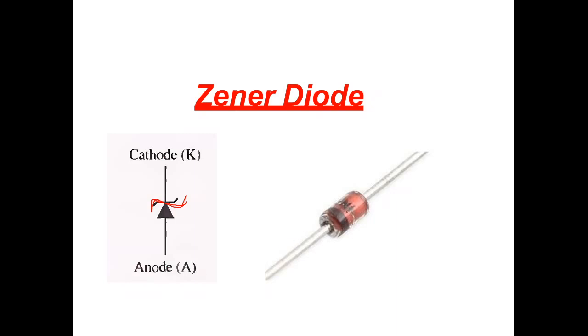How is it practically available in the market? This is the Zener diode. How can we find which terminal is the negative and which terminal is the positive, or which terminal is the cathode and which is the anode? This mainly depends upon the black painting. The terminal which has the black painting will be called the cathode, and the other terminal, with no painting, will be called the anode.